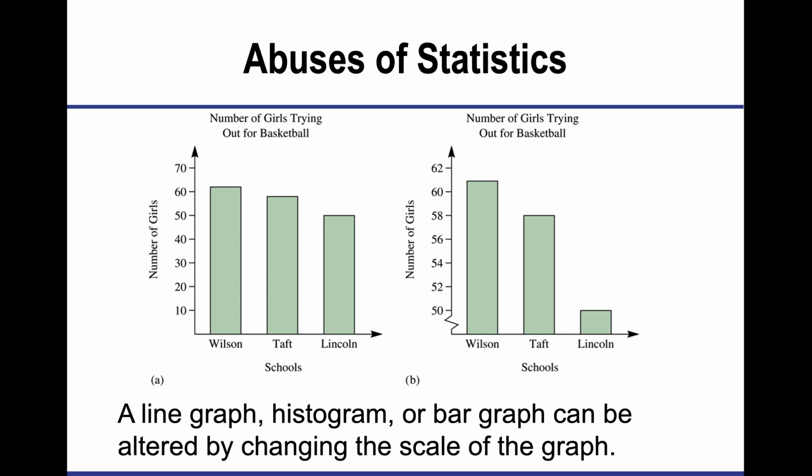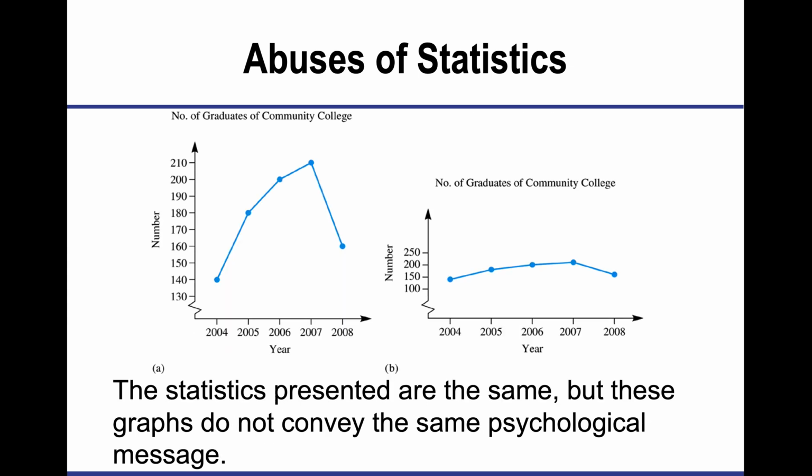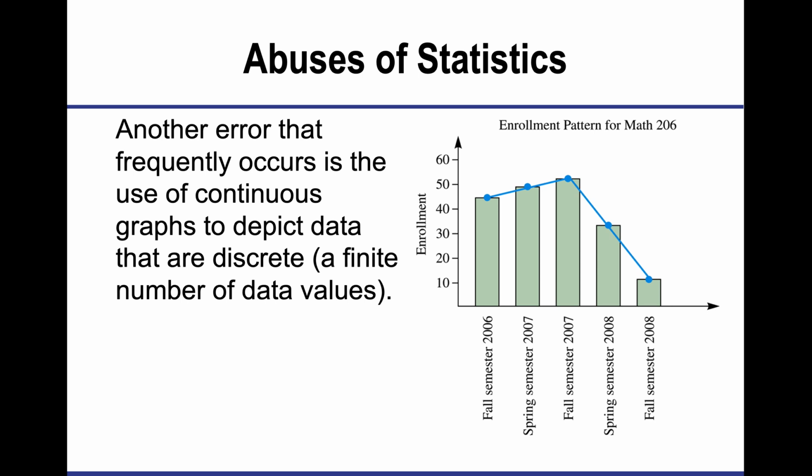So when I look at these abuses, a line graph, a histogram, and a bar graph can be really altered by changing that scale. Like, look at the difference here. I started at 0 on the left. I started at, I don't know, 40 on the right. Well, all of a sudden, that looks better to me, right? So I'm shifting the things around. Same thing here. If I suddenly compress those numbers on that horizontal axis and make them really tight, look at the difference here. So there's a huge drop off, but it suddenly doesn't appear to be a huge drop off. It appears to kind of nicely slope down.